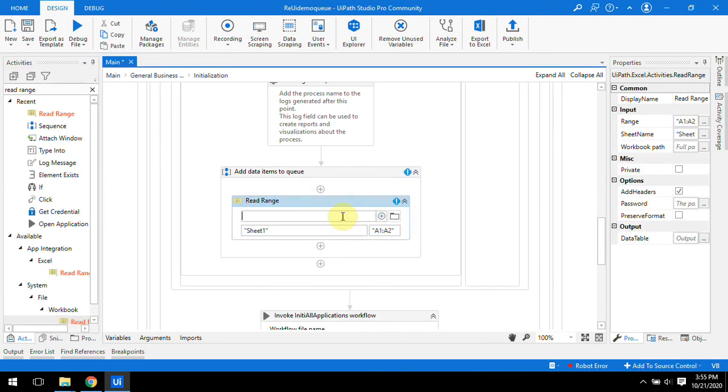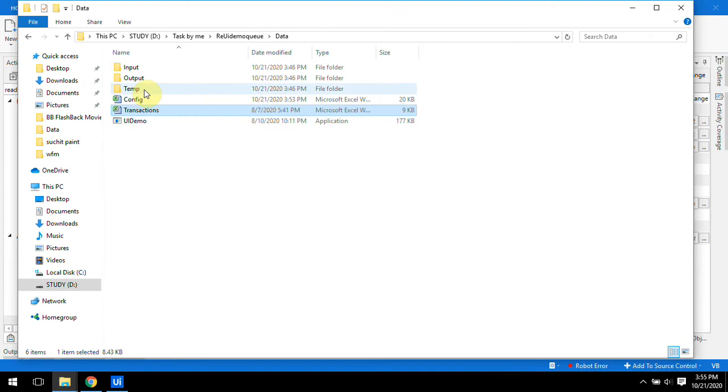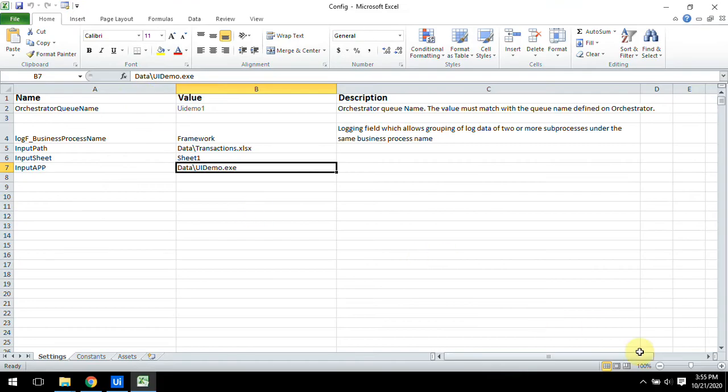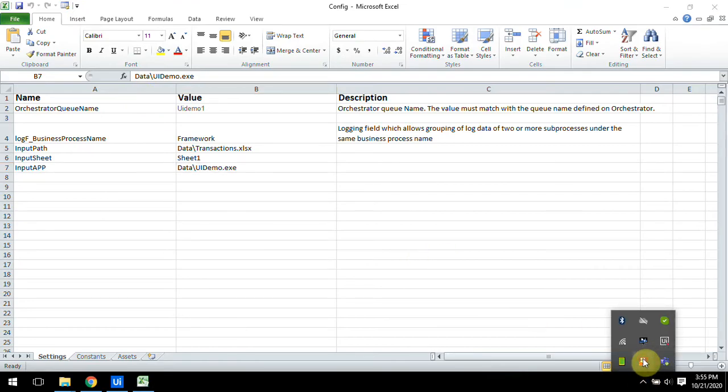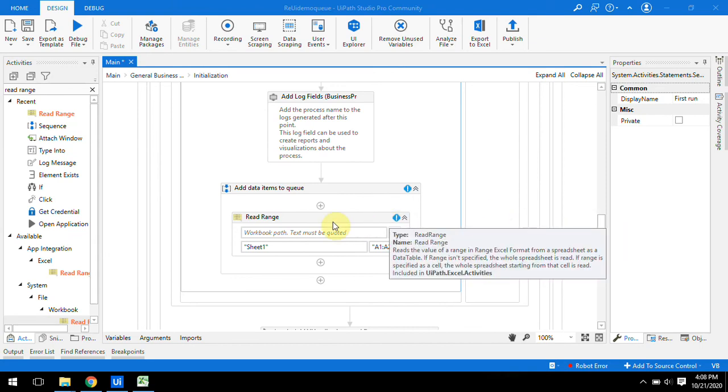In read range, the path we have to give is stored in the config file, so we have to refer only to the config file. When we are using a queue, we only need to configure the init state and process state. So let's start the first configuration, that is adding data to the queue.